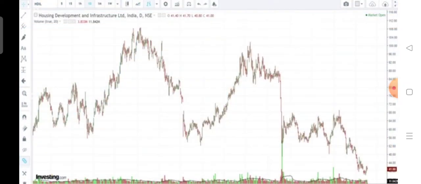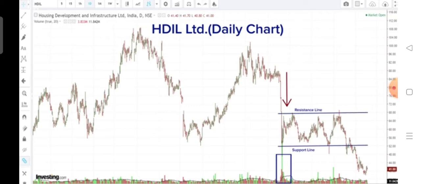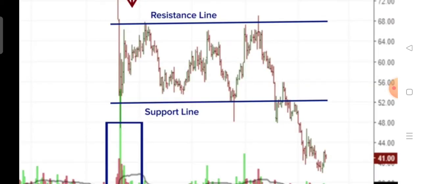Let me show you an example here in the chart. Here we are looking at the daily chart of HDIL. You can see that initially there was a sharp down move and the volume was high, and eventually the rectangle was formed. There was consolidation with the highs and lows almost at similar level. There were two small breakouts and breakdowns, I would say, but they actually quickly moved back into the rectangular region. These were false breakouts and breakdowns, and eventually there was a goodish amount of breakdown,